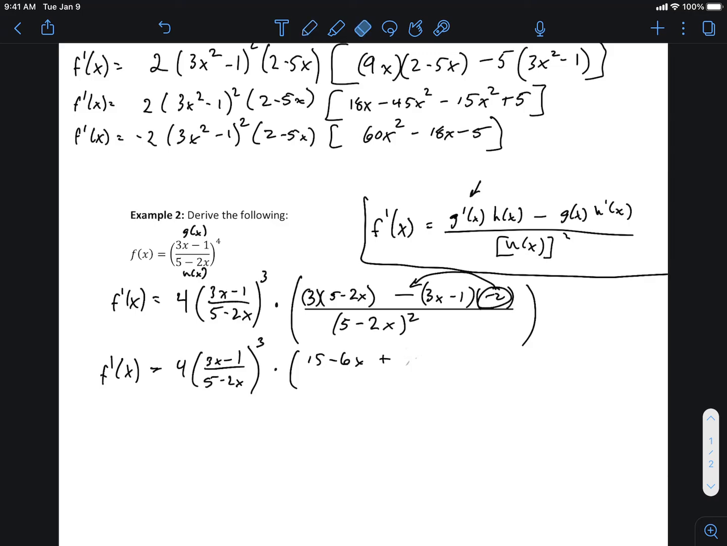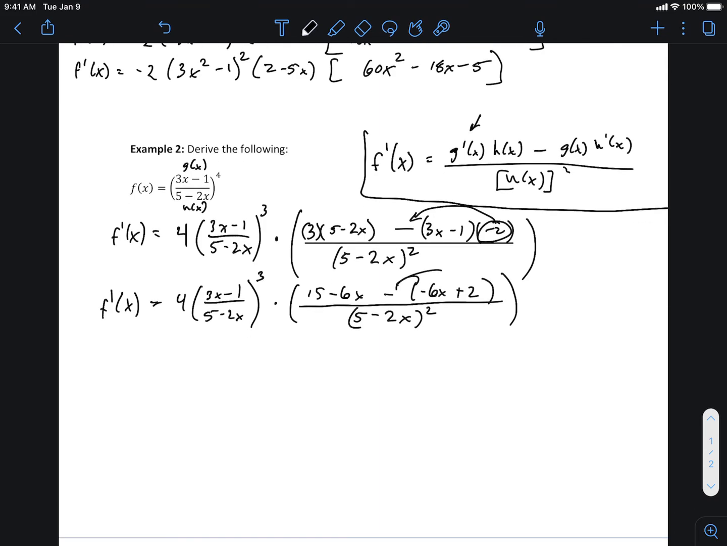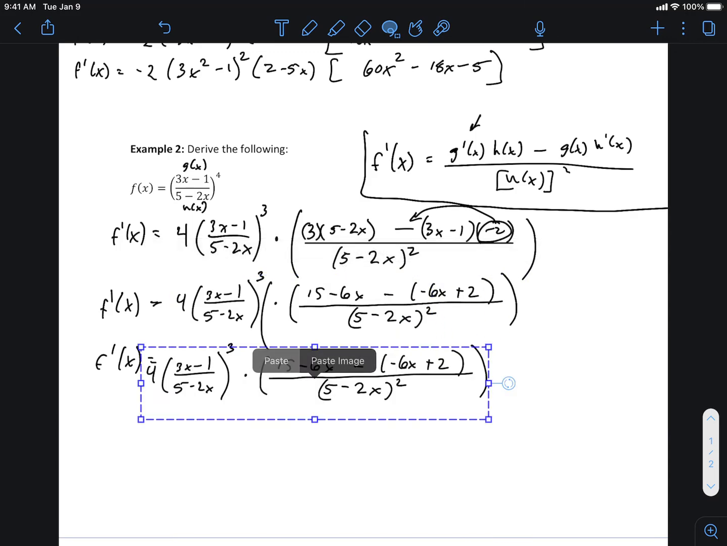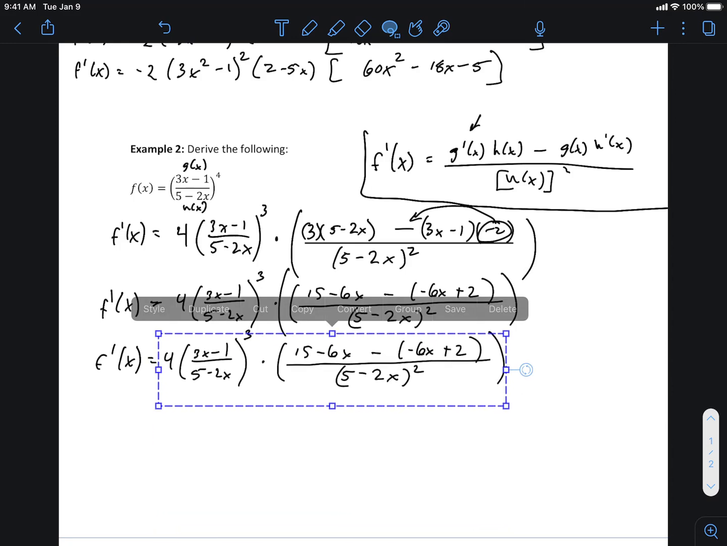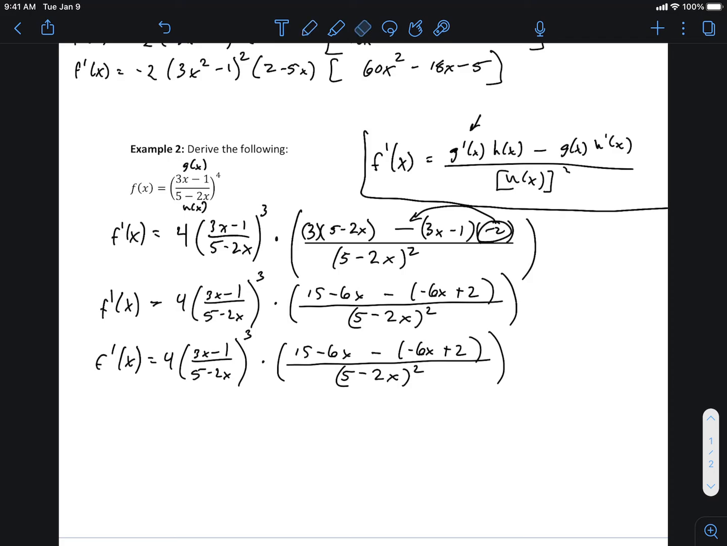Here, let's be careful. Minus, let's just distribute the 2 in first. Negative 6x plus 2. Okay, let's be careful. That was good. Now we could distribute that in and do the cleanup. So we could say f prime of x. And I'm going to cheat here a little bit, just to save us some time. We're going to make this a plus 6x minus 2, right? And so we're going to end up with